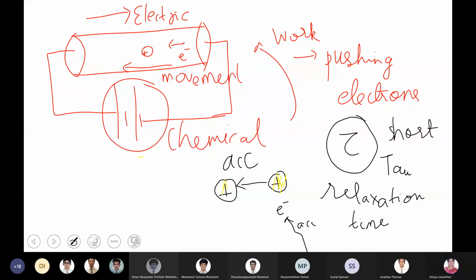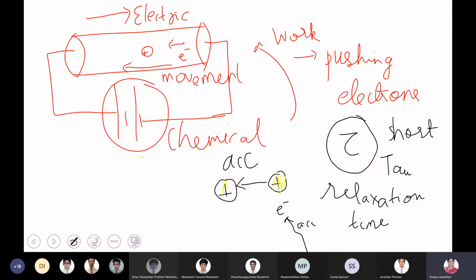Now, as a whole, when the electrons are subjected to an electric field, they don't get accelerated. They start to drift under the influence of an electric field. You know what is drifting? Instead of getting accelerated, they keep on drifting with a constant speed, and such speed we call drift velocity.